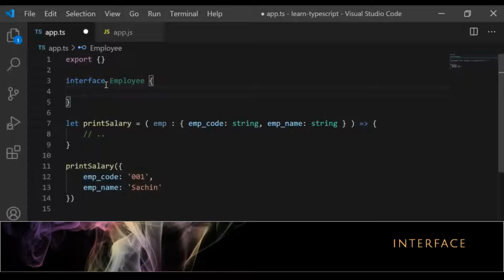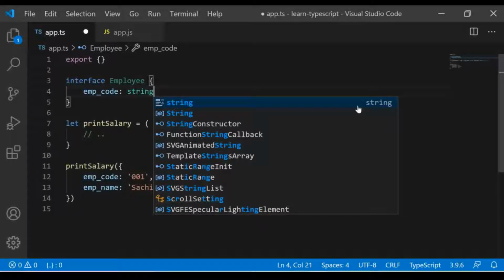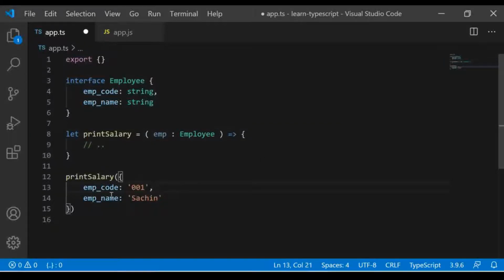So as per our example, it should have these two parameters, emp code and emp name. And here instead of writing this entire thing, it can be replaced with an employee. So now also you can see there is no error or warning and the code will execute properly.